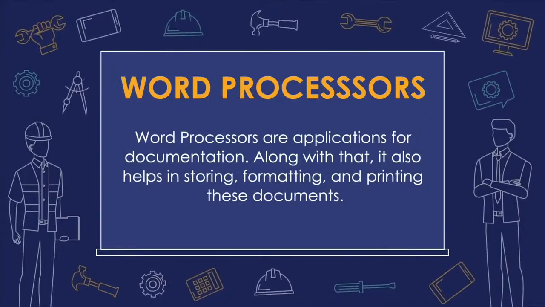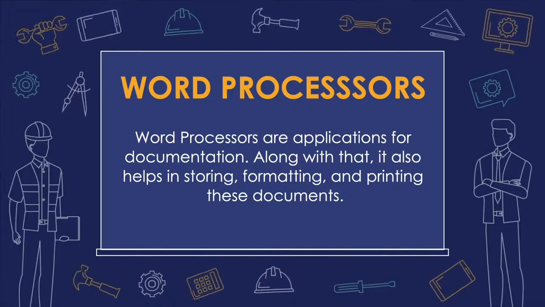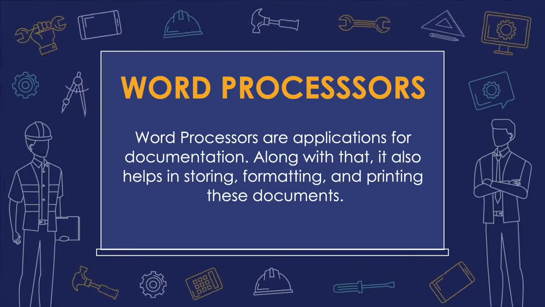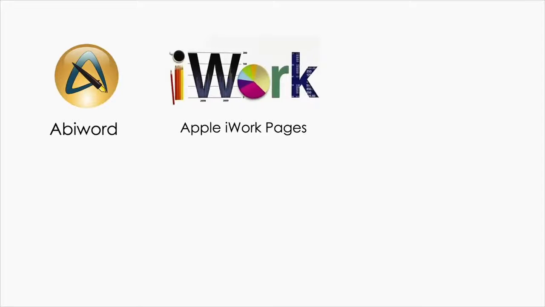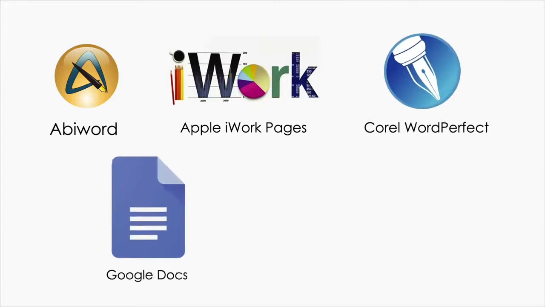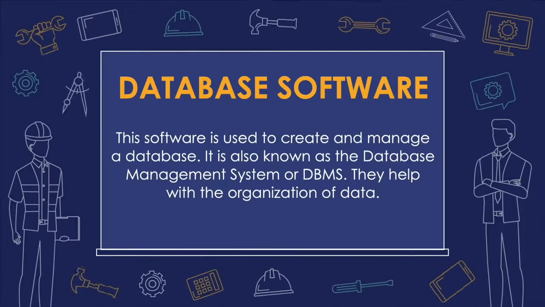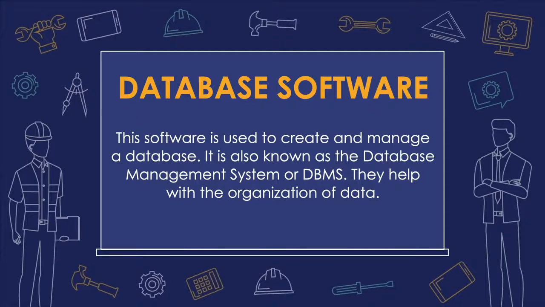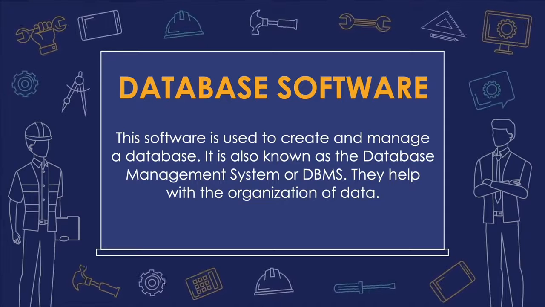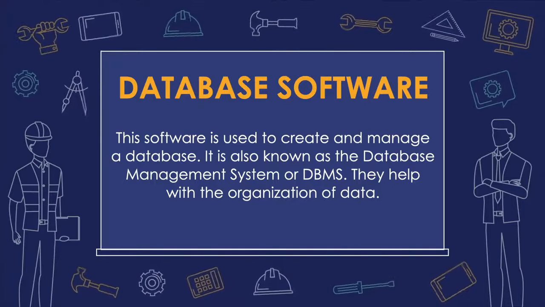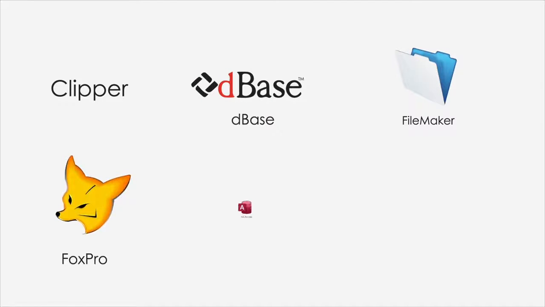Word processors are applications for documentation. Along with that, it also helps in storing, formatting, and printing these documents. Some examples of word processors are Abby Word, Apple iWork, Corel WordPerfect, Google Docs, and Microsoft Word. Database software is used to create and manage a database. It is also known as a database management system or DBMS. They help with the organization of data, and some examples of DBMS are Clipper, DBase, FileMaker, Fox Pro, MS Access,